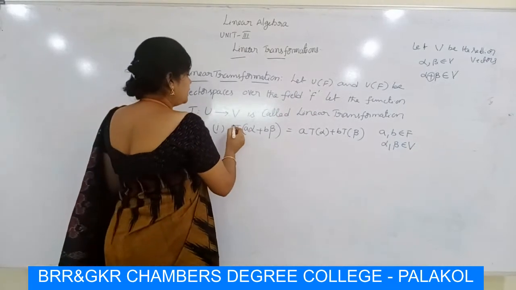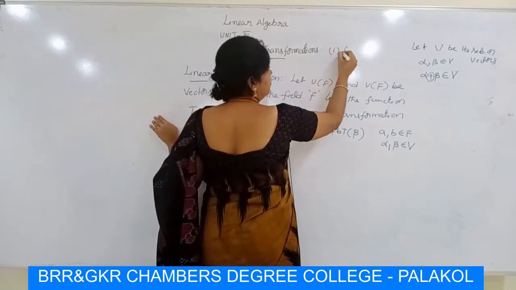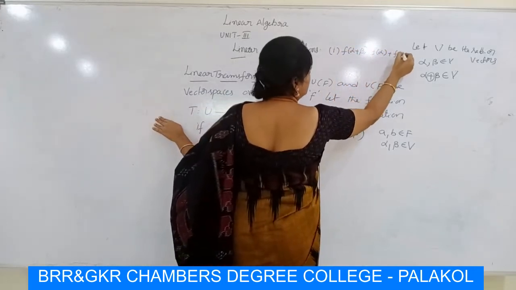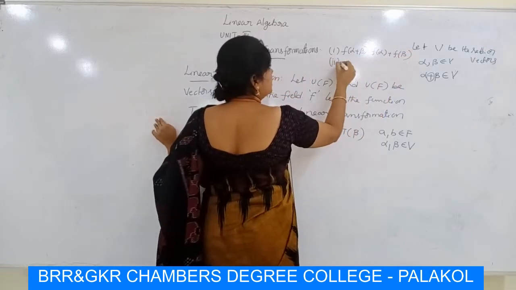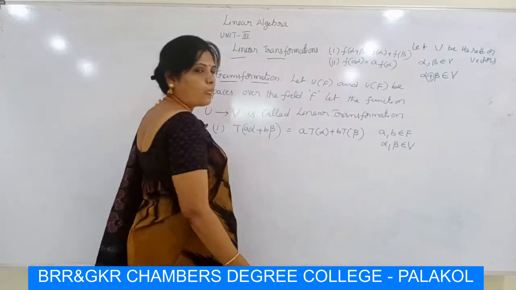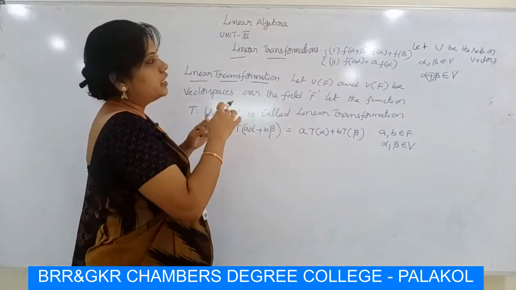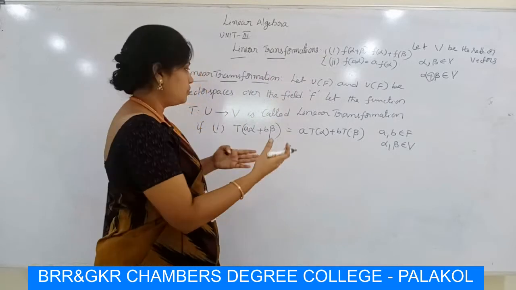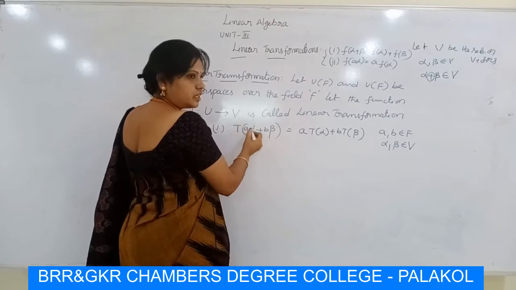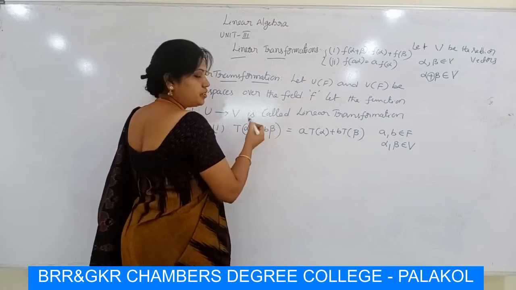So this is the single condition. Here, for a vector space homomorphism, the conditions are two. The first one is F of alpha plus beta is equal to F of alpha plus F of beta, and the second condition is that F of A alpha is equal to A into F of alpha. Here these two are combined into a single condition, involving vector addition and scalar multiplication. A alpha is a scalar multiplication, and this is again a vector, and B beta is again a vector. So here addition is an addition of vectors.